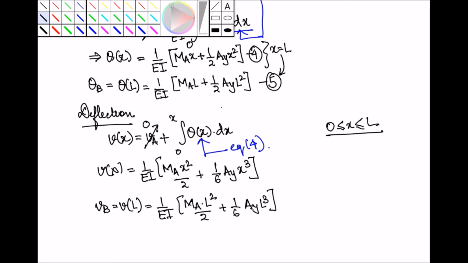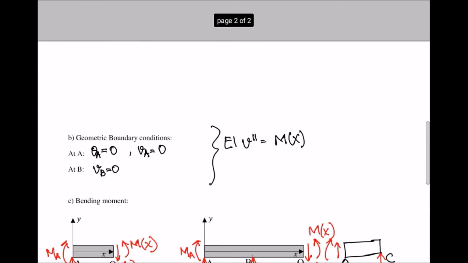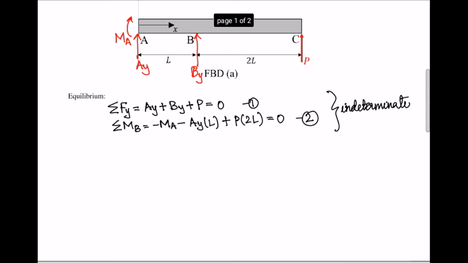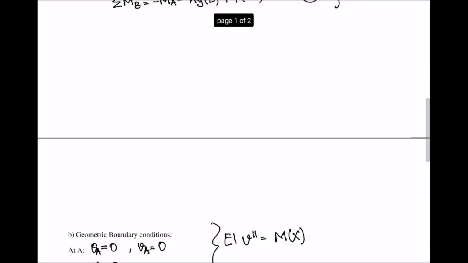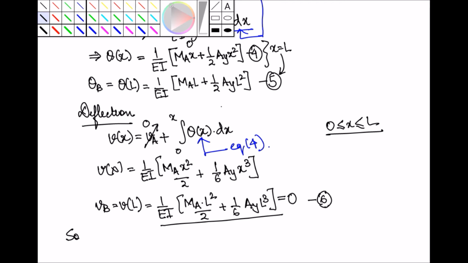From the geometric boundary conditions, we know that B is fixed with respect to vertical deflections, so that ends up being 0. Let's call this equation 6. Equation 6 is an equation involving M_A and A_y. If we scroll up to our static equilibrium equations, we also see that there is another expression involving M_A and A_y where these are the only variables. So if we solve equation 2 and 6,